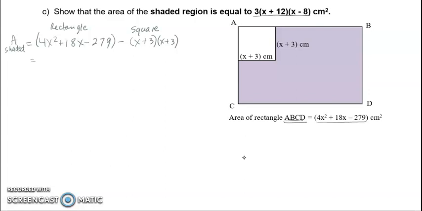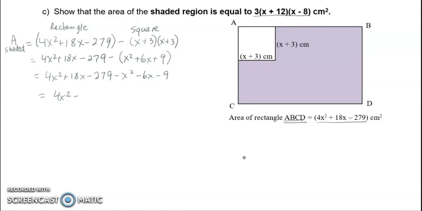Don't factor. We're going to expand, and we're going to put the like terms together. So 4x squared plus 18x minus 279 minus, and then I'm going to do this first as x squared plus 3x is 6x plus 9, and then subtract each of those terms individually. Minus x squared minus 6x minus 9, leaving us with 4x squared plus 12x, right, the 18x minus the 6x, minus 279 minus 9, they're both negatives, would be